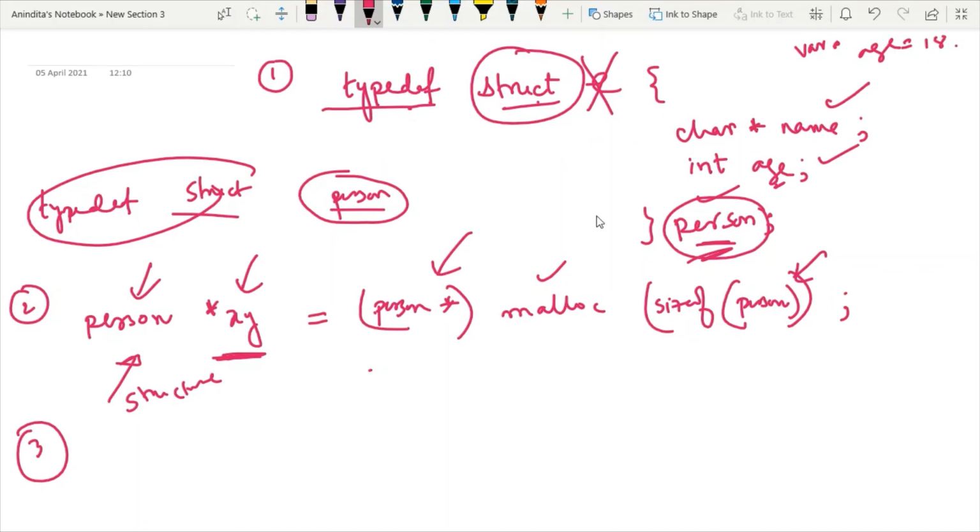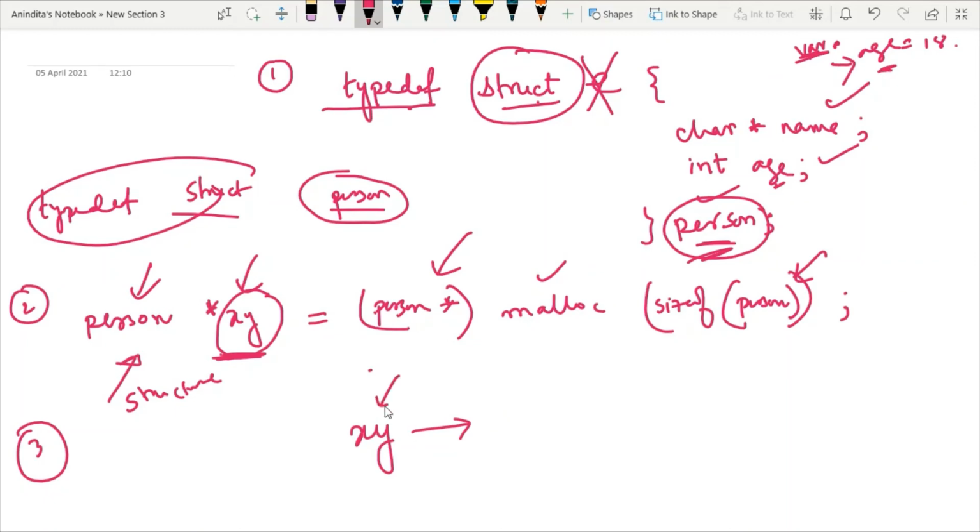Here, since we are dealing with pointers and dynamic memory, instead of dot, I will use arrow. And on the left hand side of the arrow, I will use the structure variable. Here the structure variable name is xy. The rule is the same: the structure variable, instead of dot, I'm using arrow, and then the member name.